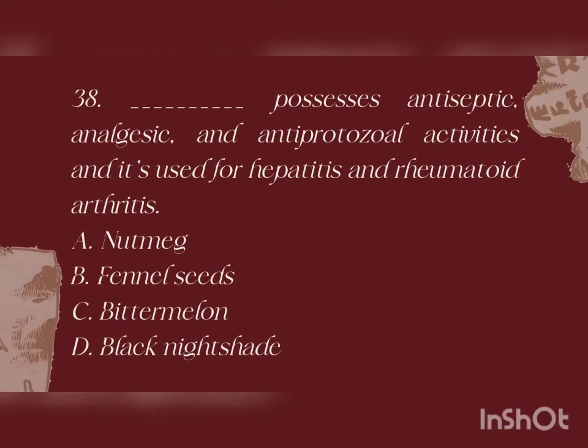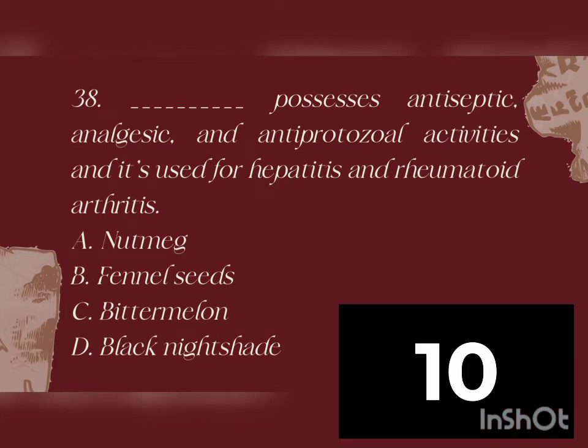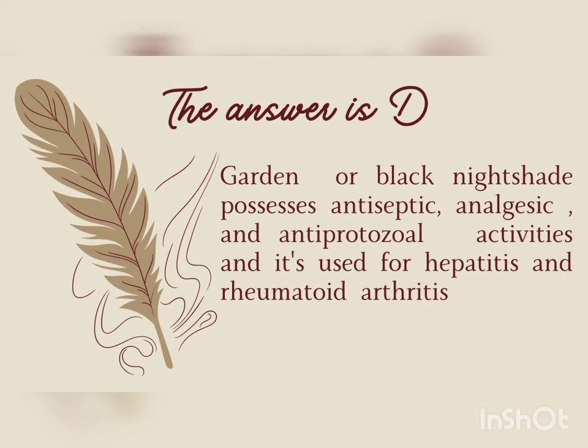Number 38. Blank possesses antiseptic, analgesic, and antiprotozoal activities, and is used for hepatitis and rheumatoid arthritis. A. Nutmeg, B. Fennel seed, C. Bitter melon, D. Black nightshade. The answer is D. Garden or black nightshade possesses antiseptic, analgesic, and antiprotozoal activities, and is used for hepatitis and